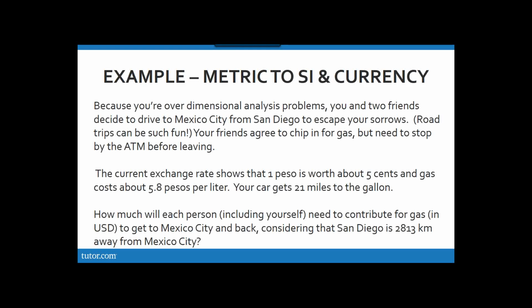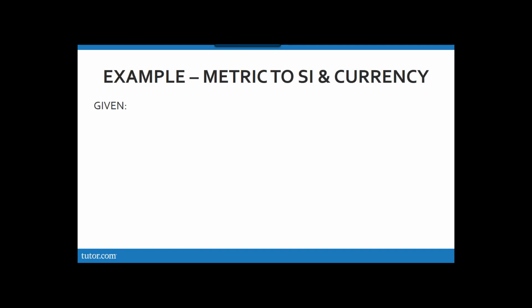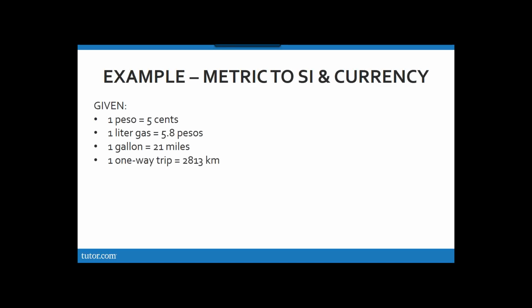So there's a lot of information given in this problem, but we're going to take this slow, step by step, and follow that same approach that we've been using for previous examples. So first, let's start with conversion factors that we were given. Here's some things that we can pull from the scenario. We were told that 1 peso is equal to 5 cents, that 1 liter of gas costs about 5.8 pesos, that the car gets 21 miles to the gallon, so we can use that as a conversion factor of 1 gallon to 21 miles, and that a one-way trip from San Diego to Mexico City is about